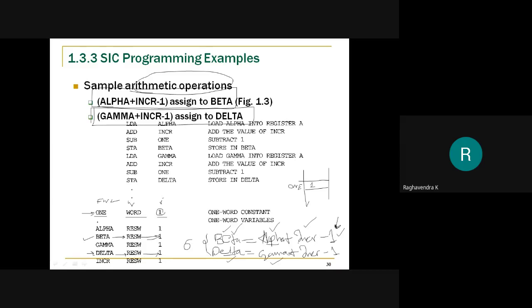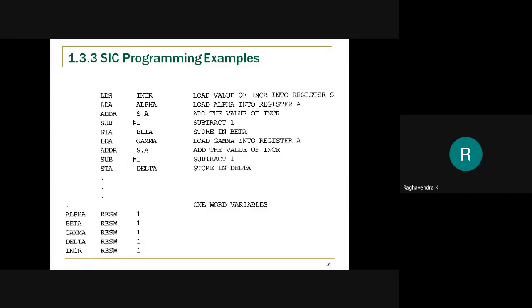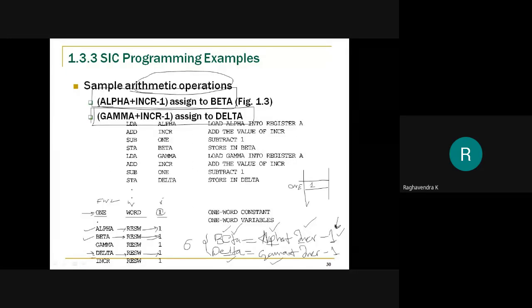Similarly, alpha and increment: alpha is again RESW 1, and increment is again RESW 1. And of course gamma is the last variable, so we have declared it as 1. So variables and constants have been declared. There is only one constant here, which is 1.